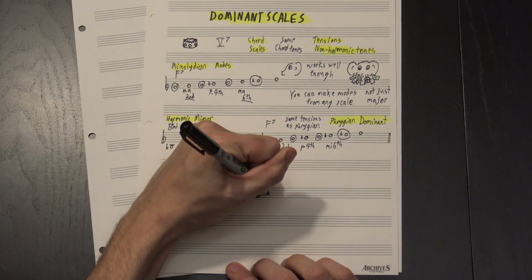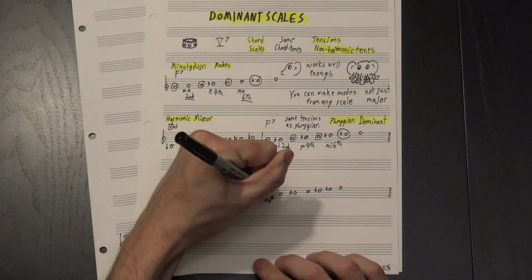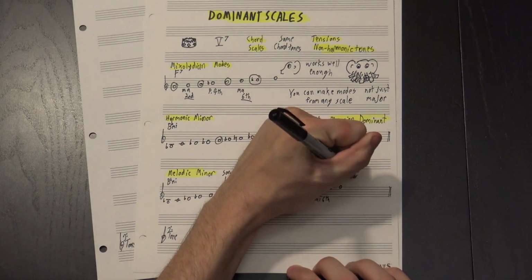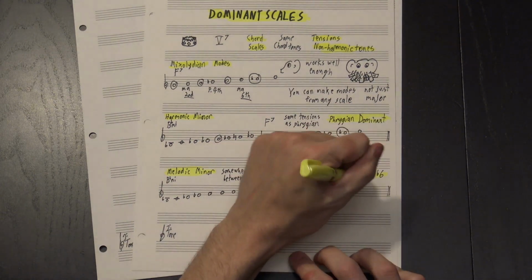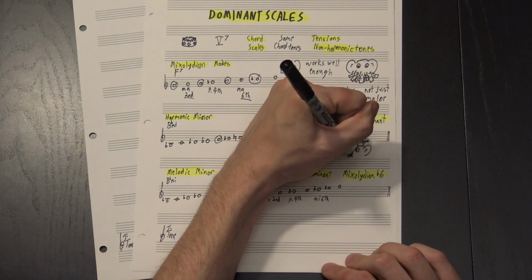to get this. This is somewhere between the previous two with a major 2nd and a minor 6th. I like to call this Aeolian dominant, but I usually just hear it called Mixolydian flat 6. It's not used that often because melodic minor just isn't that popular, but if you like the way it sounds,